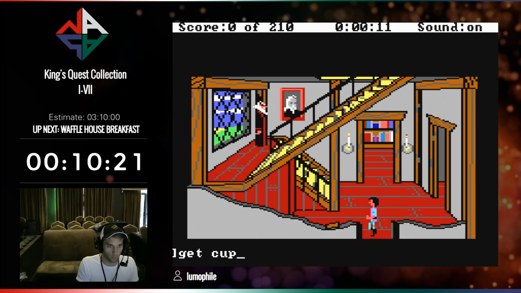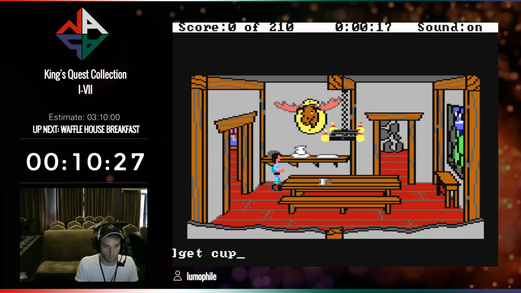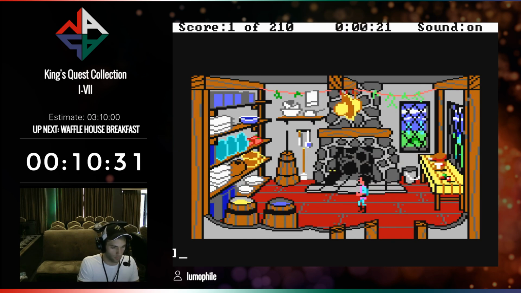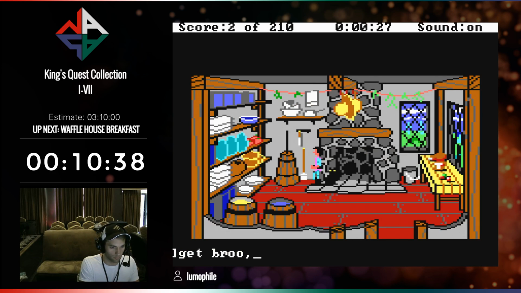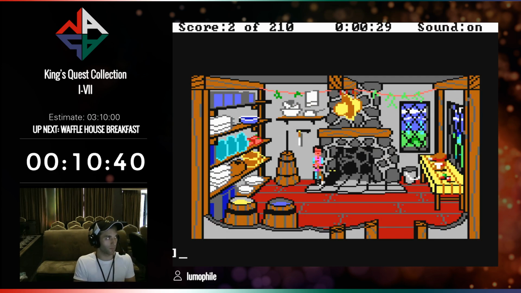All right, King's Quest 3. Now you see that those last two games went very fast. This game's going to take quite a while, roughly 30 minutes if we're lucky. And luck is what this game is all about because there's huge RNG sections through this that can last basically